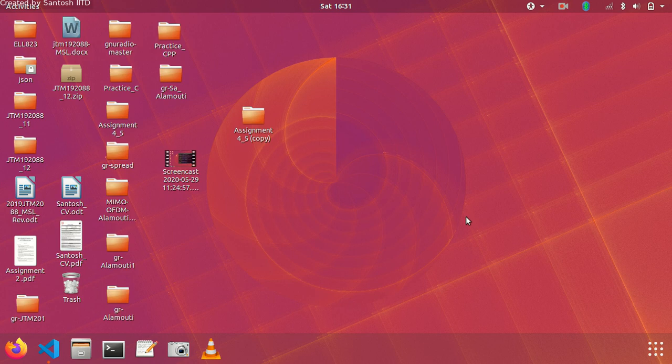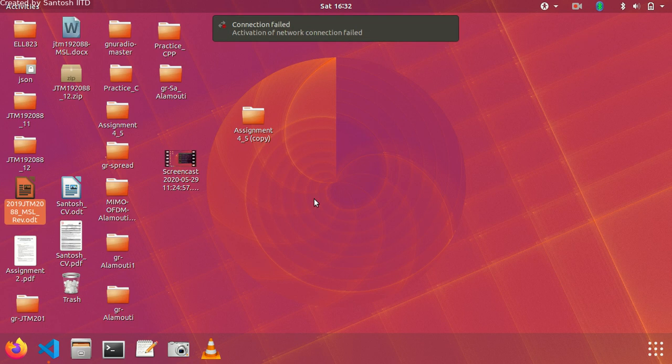I'm going to tell you how to create your own block in GNU Radio. First of all, there are two things you need to know about creating a block. You need to know programming, like Python or C++, and you need to have a Linux Ubuntu system. I'm assuming that you have all these things, so let's start with the command terminal.